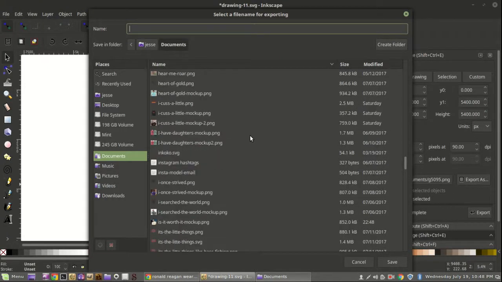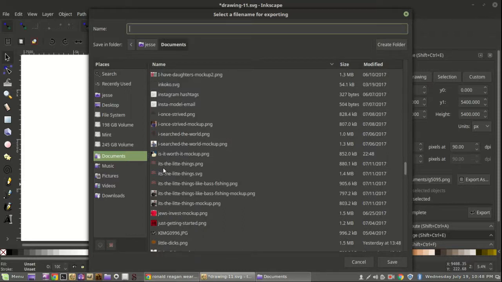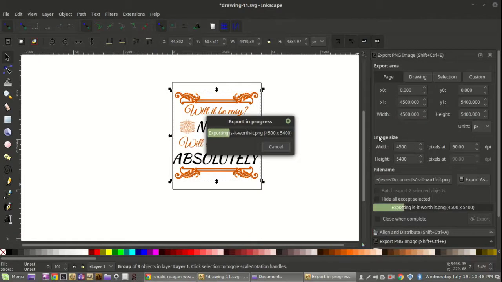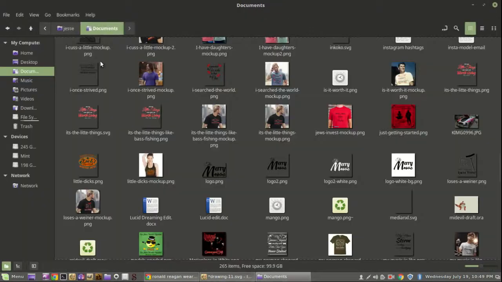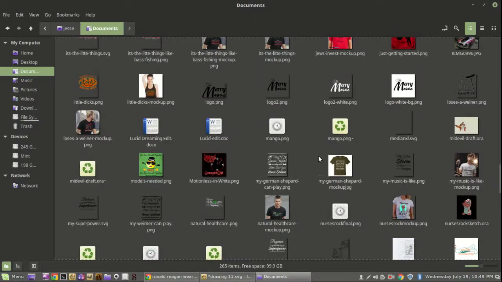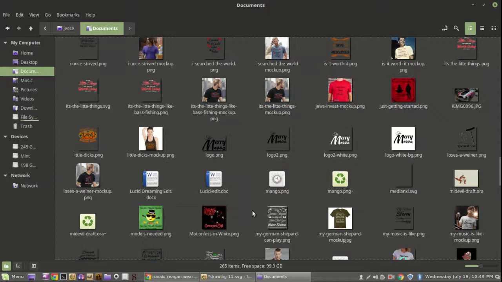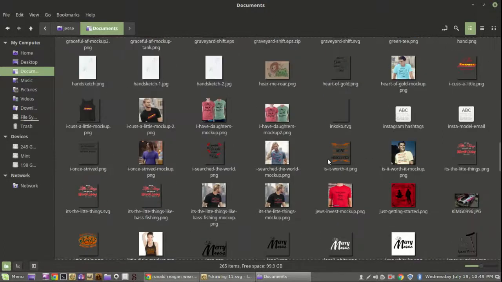So we'll find "Is it worth it." And what had happened was, "Is it worth it mock-up." And then we'll just take the mock-up part off. Save. Export. 45 by 54. Yeah. All right, so now we go back to documents. And we should be good to go now. "Is it worth it?" Right there it is. Okay, so we got our graphic,